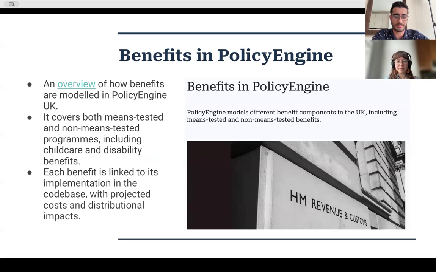So we cover both means-tested and non-means-tested programs, including childcare programs, for example, and disability benefits. In the report, we link each segment to the implementation in the code base, the GitHub that is publicly available, so you can check that. And we also offer a cost and distributional analysis and the impacts of each benefit that we